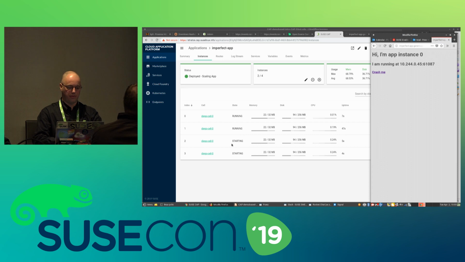You can see things starting to happen here: it detects that they crashed and restarts them automatically, and that is taken care of by Cloud Foundry. If I reload this page, you can see that I come to different instances, so now all of them are running. I can crash them again, a couple of them, and see what's happening. In some cases you can actually catch it detecting the crash as a status.